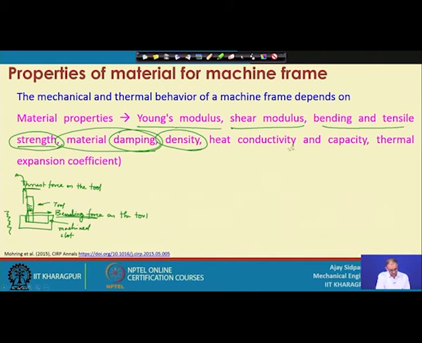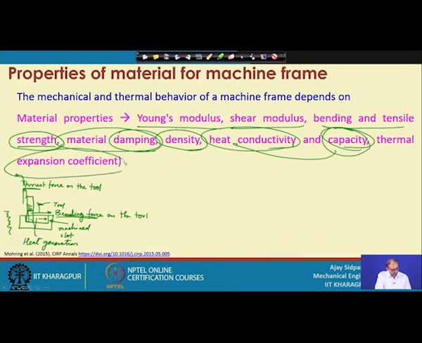Heat conductivity is important, because when you do machining, heat is generated. Heat generation occurs at this location, and now where this heat will go is the question, because something will go to the tool, something will go to the workpiece, and something will go to the chip. So, depending on heat conductivity, heat will be absorbed within that material. Capacity is important, that is, the size of the component it can cover. Heat capacity is how much heat it can store, which is related to the heat part, not to the size of the component.